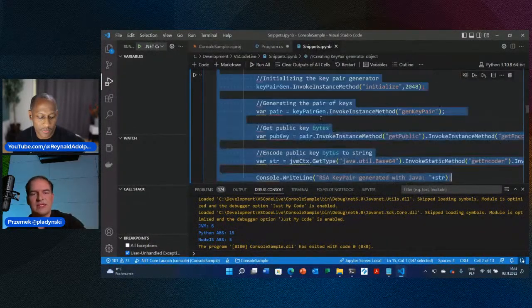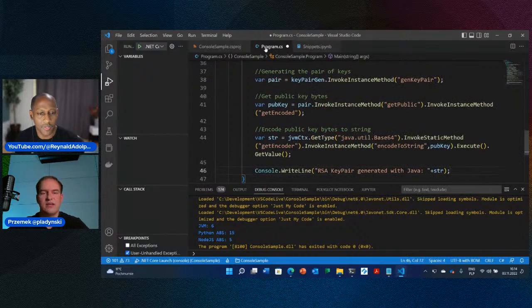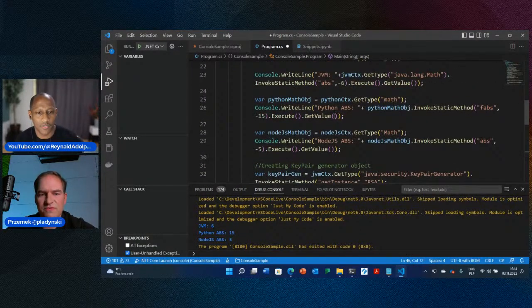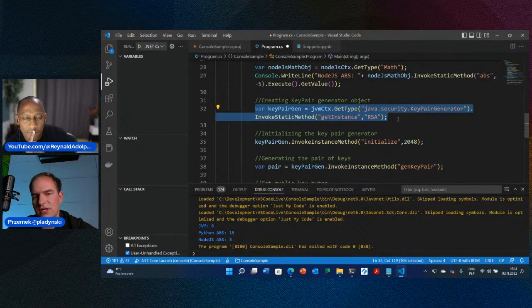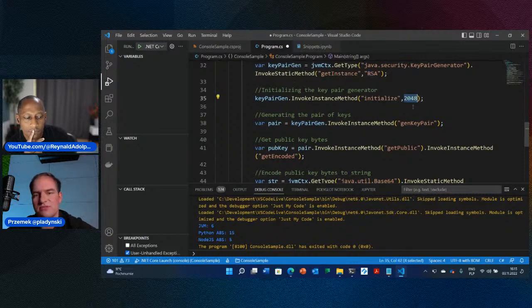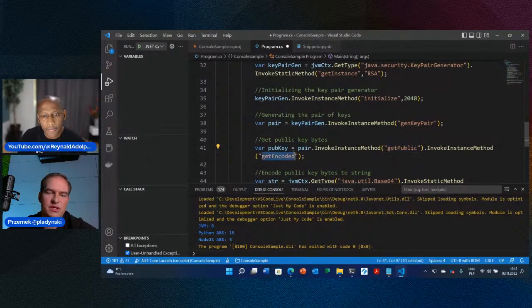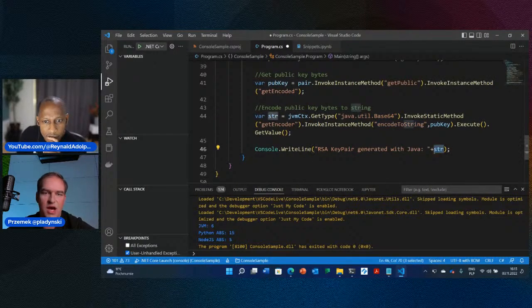If we have, for example, some enterprise project in Java that is fully dependent on any cryptography library or whatever related to Java, I have created an example that with few lines of code, almost the same amount of code that you would do just coding in Java purely, you can create, for example, the keypair generator. So generate the keypair generator for RSA, initialize it with 2048 bytes, generate the keypair, get the public key from that RSA keypair, get that key in byte array, pass it to base 64 and encode it for string and display it here. I know there is such a library, of course, in .NET, so the same implementation of RSA